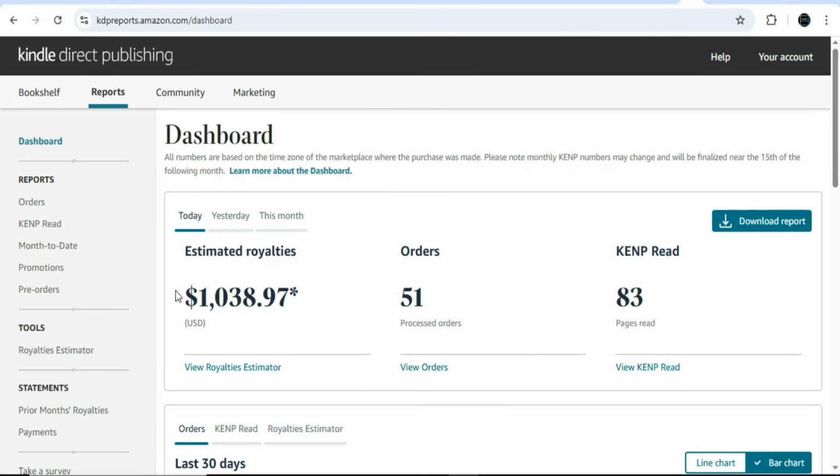to make money. As you can see, this is my dashboard. You can see I've made over $1,000 in just a matter of one day. As you can see it right here, this is my Kindle Direct Publishing, and you can see the results right here. So make sure you keep on watching till the end so that I'll show you everything that you need